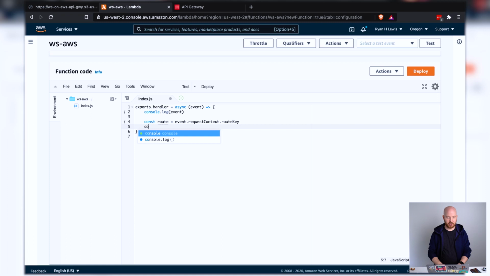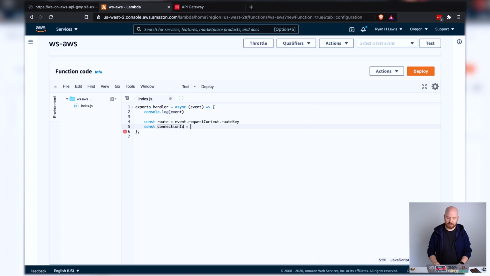When you connect and disconnect, it's going to be a special route key. Also, you can define your own route keys, and as you're sending things from the client, you can specify that route key and it will invoke things differently. In our case, we're going to have a single Lambda function. You can have more and configure that in the API gateway, but just for simplicity's sake, I just want to have a single one here.